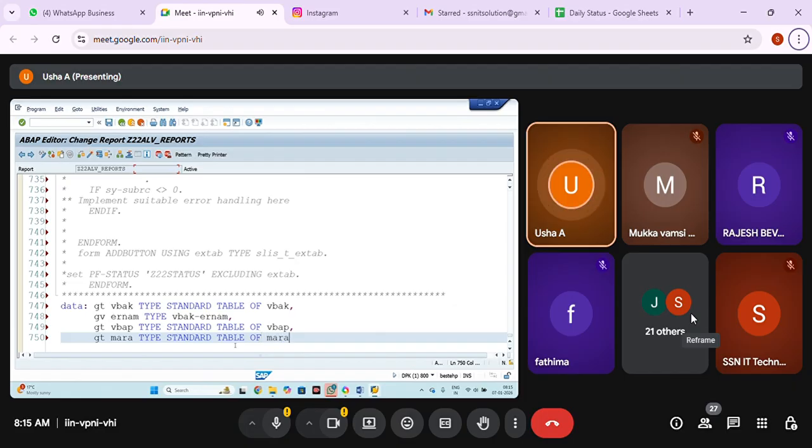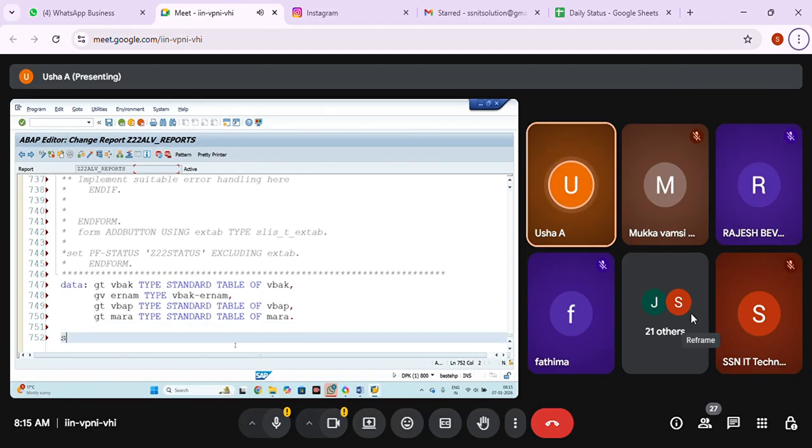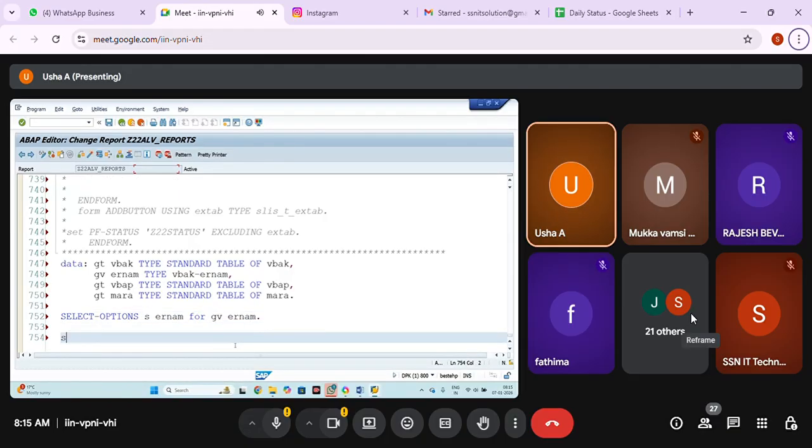I'm taking all the fields so that I can pass the structure name. Select-options S_vbeln for GV_vbeln, and then START-OF-SELECTION.